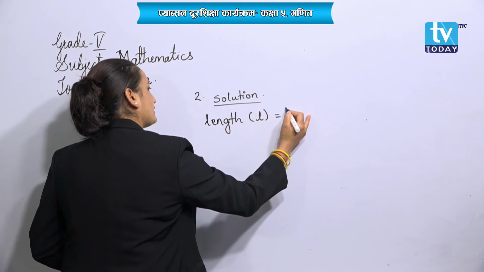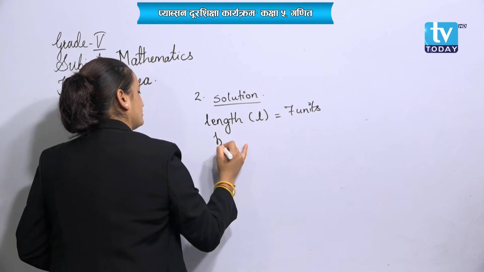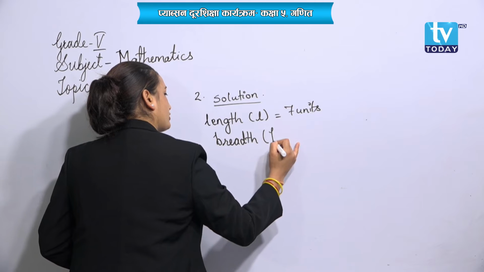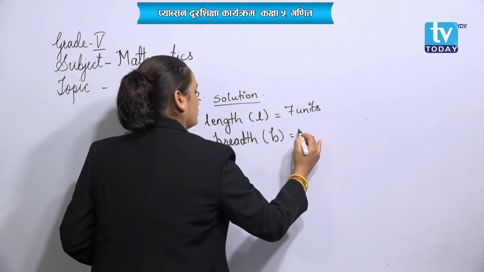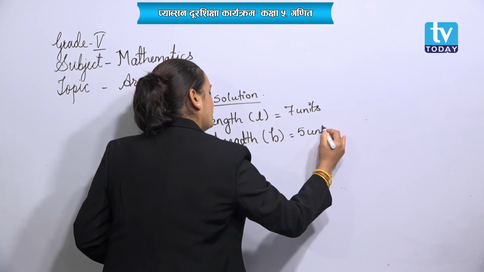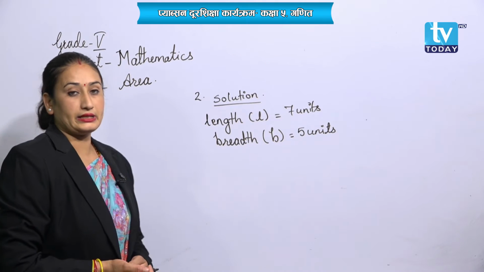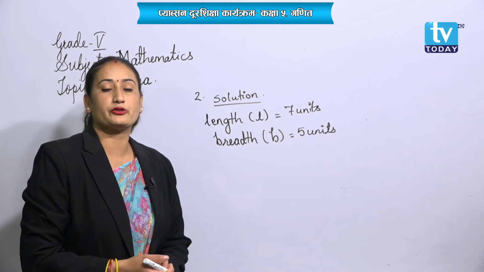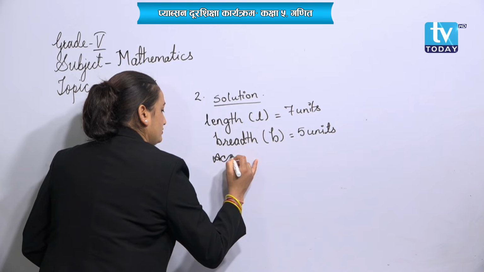It's denoted by L and that is 7 units. Breadth is denoted with B and it's 5 units. So have a look over here, it's 5 units. That means length and breadth are given. For the formula, we have to use the formula. So according to the formula, we can say